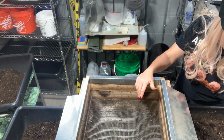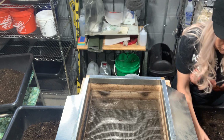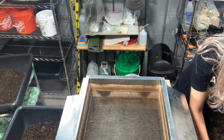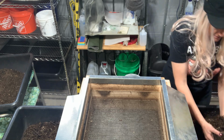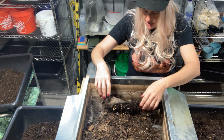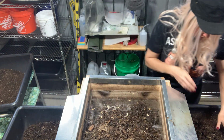Here's what my thoughts are on that. You locate your local farmer, ask them if they would be able to utilize those castings in a crop situation, if you could apply them out there or give them to them so they can apply them out there, and then